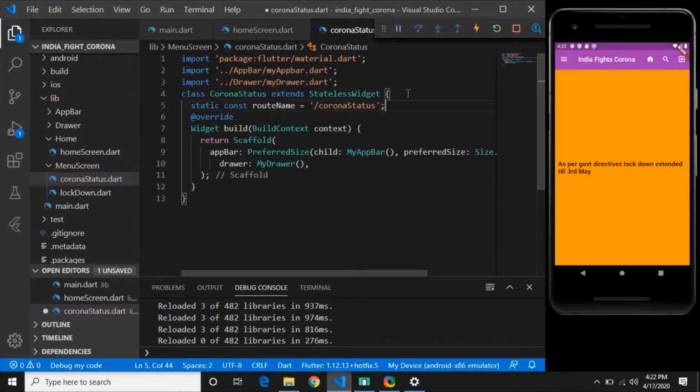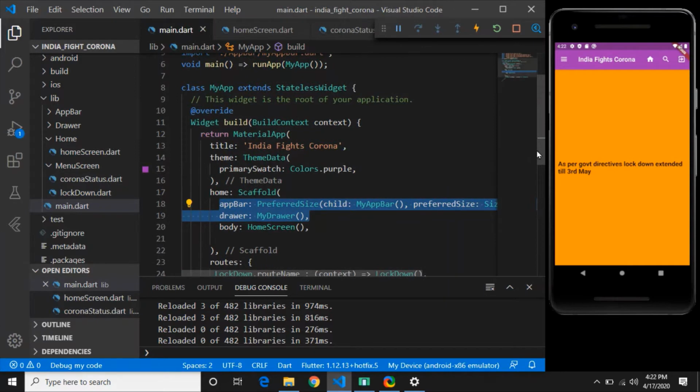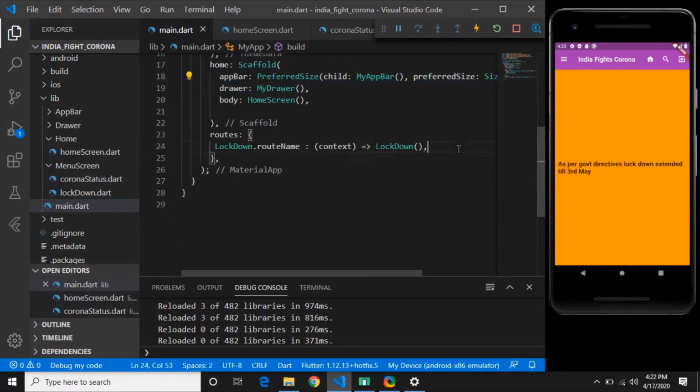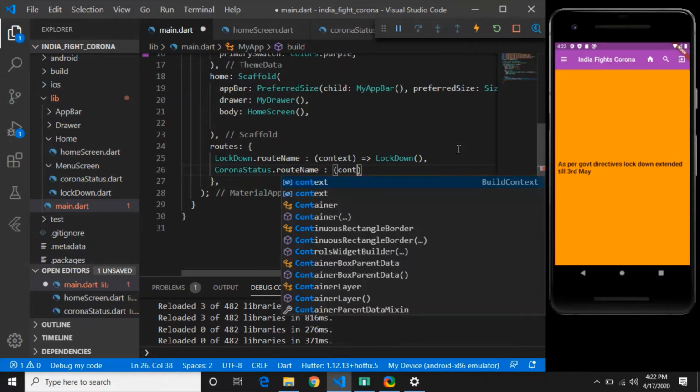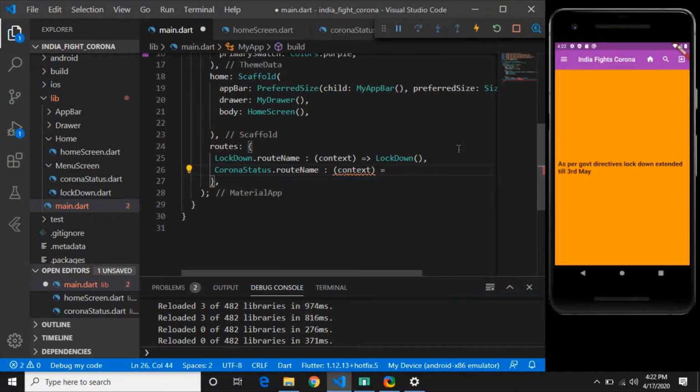Next stage, you have to register your route in the main.dart file. Here you can write CoronaStatus.routeName and give the context, and this will pass our route to the CoronaStatus class.